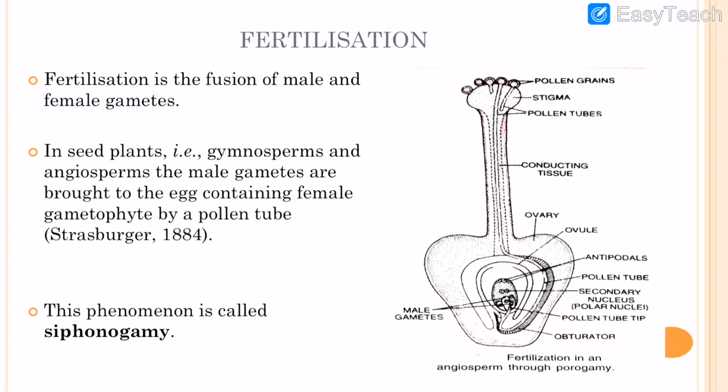We have already known that in the ovule the embryo sac is present. In the embryo sac two synergids, one egg, one polar nuclei and three antipodal cells are present. We have already discussed this in the previous lecture. So this pollen tube enters the embryo sac of the ovule through one of the synergids. We know there are two synergids, so the pollen tube enters any one of the two synergids, and after the entry into this synergid,